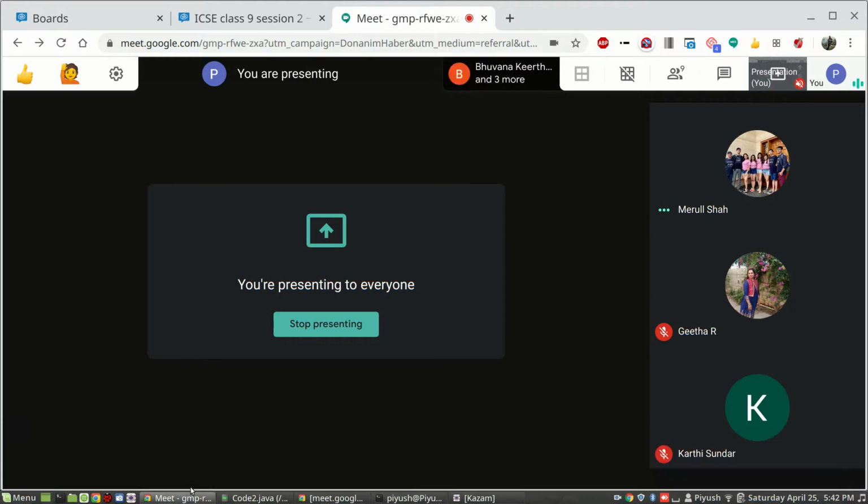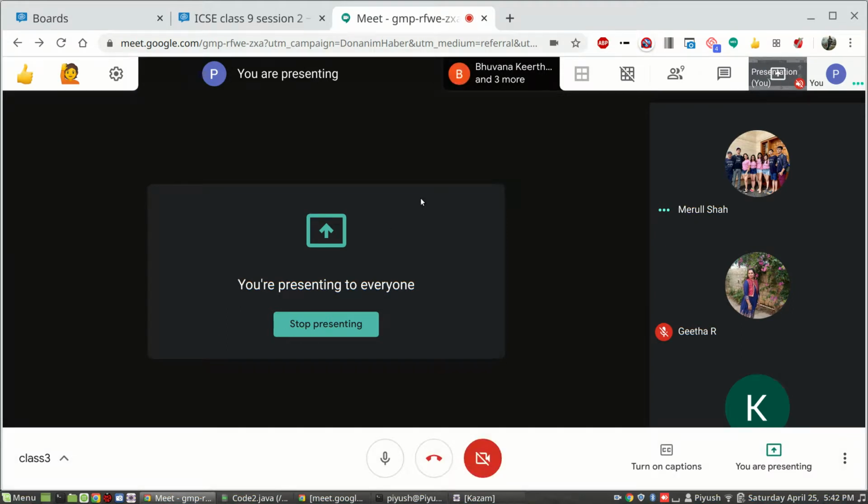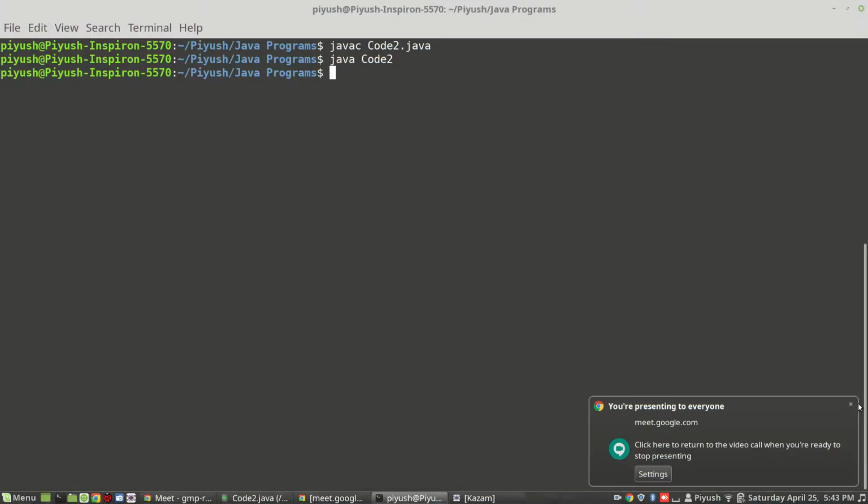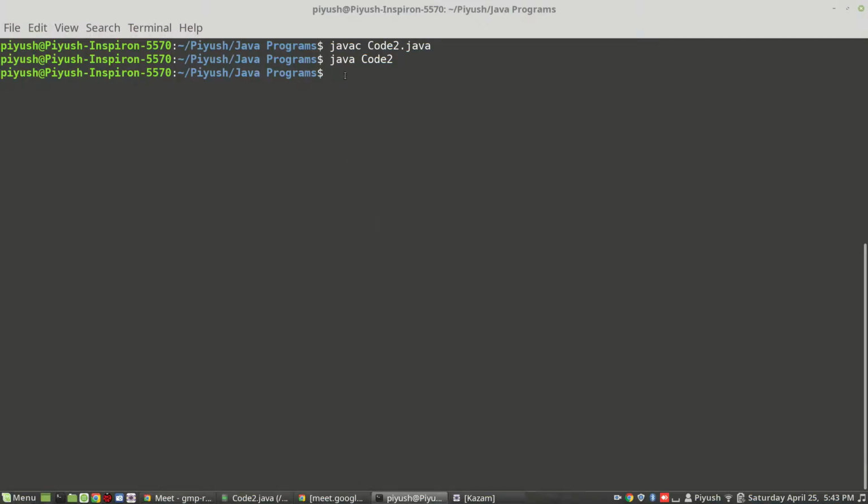One more thing I forgot yesterday. I said that all the programs you write in Java are written in a high level language, but computers cannot understand high level language directly. They have to convert it into low level language or machine language, and that is why a .class file is created every time. So let us have a look at how that .class file looks.